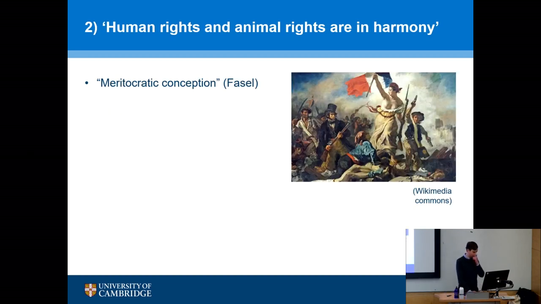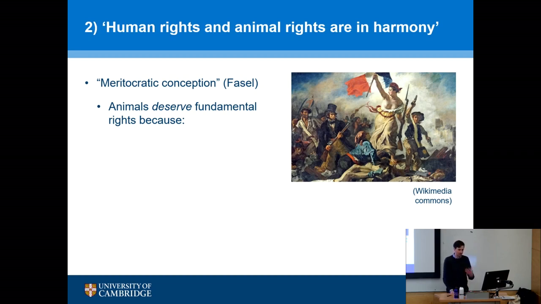This is just one example, but Cochrane and other animal rights thinkers take an opposing conception, if you like, to this aristocratic one that I described before. I call this one the meritocratic conception. It focuses very much on individual desert, individual merit. Do you as an individual have what it takes, basically? Again, sort of reminiscent of some historical ideas. Just to spell it out here, people like Cochrane and other animal rights thinkers say that animals deserve fundamental rights because they are sentient individuals.